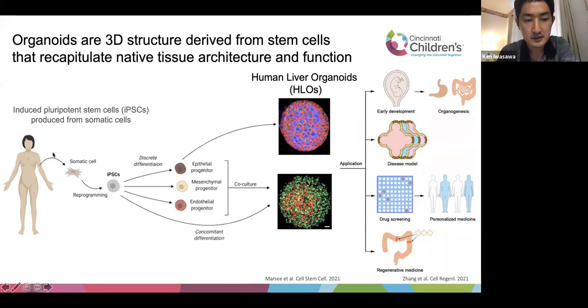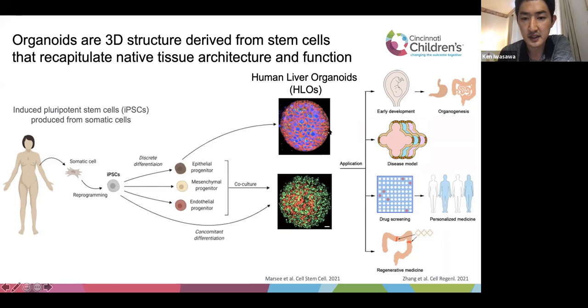Any fibroblast from skin or from blood cells, by reprogramming those cells, we are able to produce pluripotent stem cells that can differentiate further into epithelial progenitors, mesenchymal progenitors that we were talking about in the previous session, and also endothelial progenitors, which we were talking about in the very first session today. And using this knowledge of development, the cues, we are also able to use these progenitors to